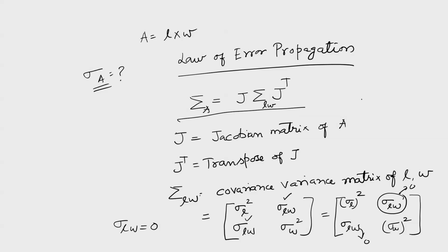What about the J matrix here? J is given by dA by dL and dA by dW. In the next lecture, we are going to learn the law of error propagation in full length. We will solve a couple of examples and see the effect of variance-covariance, and how variances, that is sigma L square, propagate into the dependent variable. I can estimate the error of the dependent variable by this law of error propagation, provided I know the error of the input or fundamental measurements.